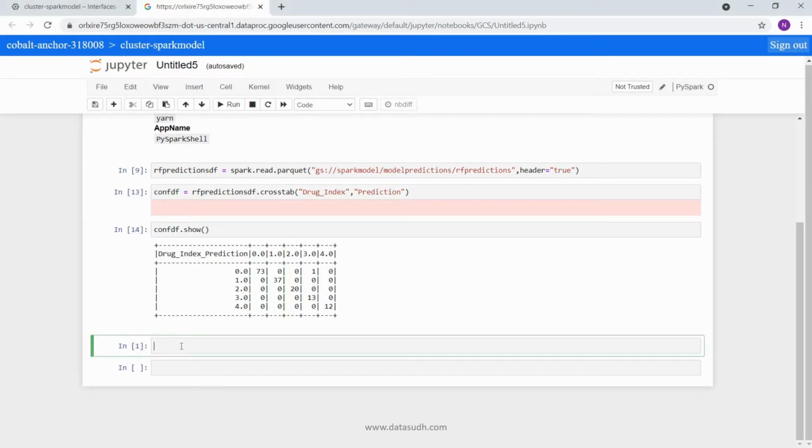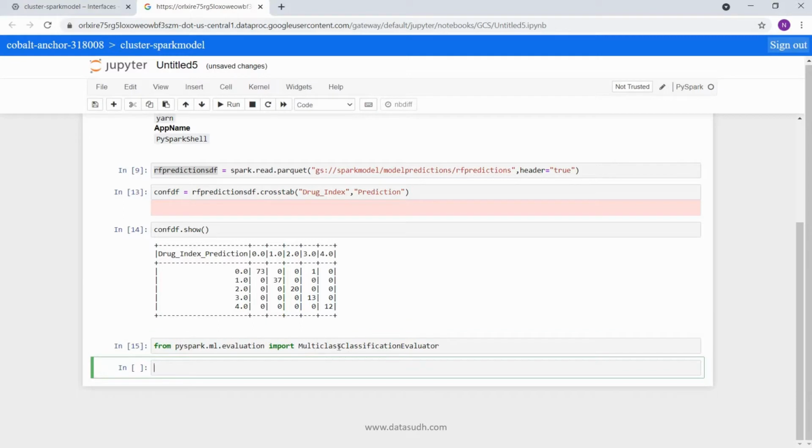To evaluate these metrics, we need to import one Spark method, that is from pyspark.ml.evaluation import MulticlassClassificationEvaluator. Now using this method, we will declare an object in which we will define all our inputs. If I keep the object name as multi_evaluator and I specify MulticlassClassificationEvaluator, then this method takes 3 inputs based on which it will give you the metric value.